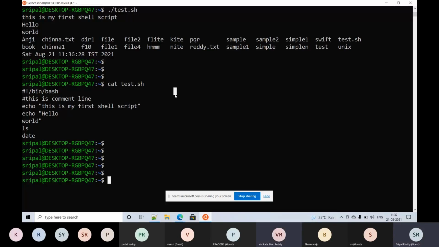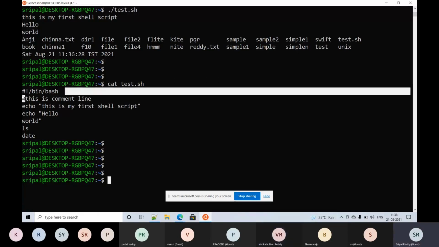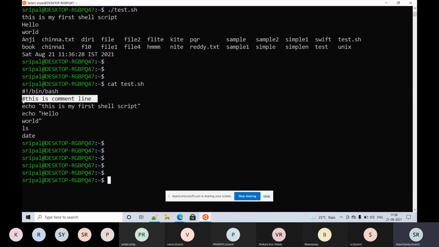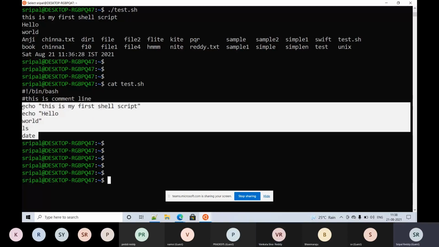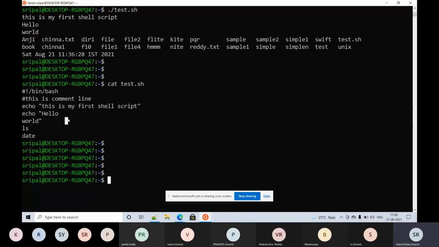Okay, so this is our first shell programming. In very short, I just wanted to demonstrate how we can use commands to construct a shell script and execute it. With this, we now know how a shell script starts with a shebang line, and how comments are written: every line preceded with a hash symbol is a comment. And we used different commands inside the shell script, correct? So this is what we have learned now.